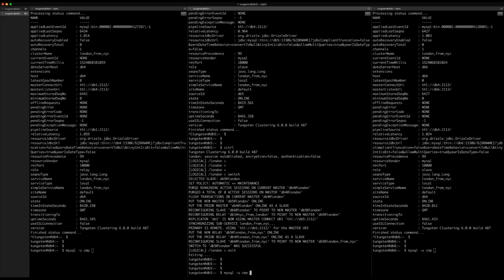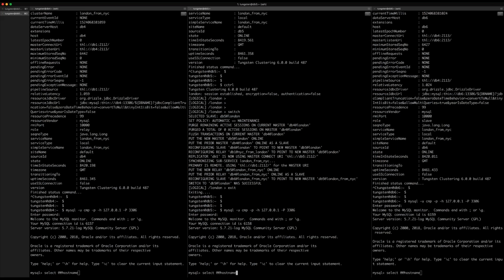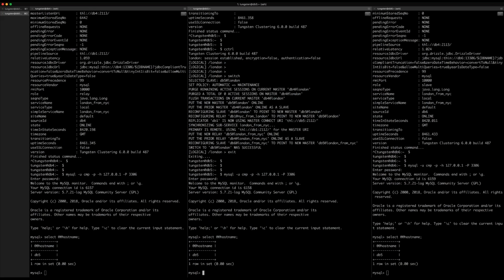I'm going to just connect locally, which is going to put me through the connector, specify the port, and I just select hostname. I'm in bridge mode. I'm not doing anything fancy, any routing or anything. I'm just in basic bridge mode,